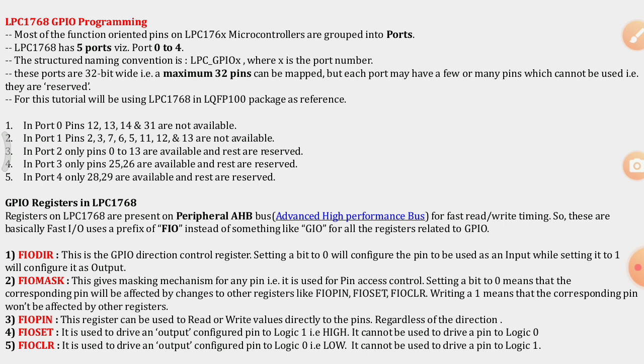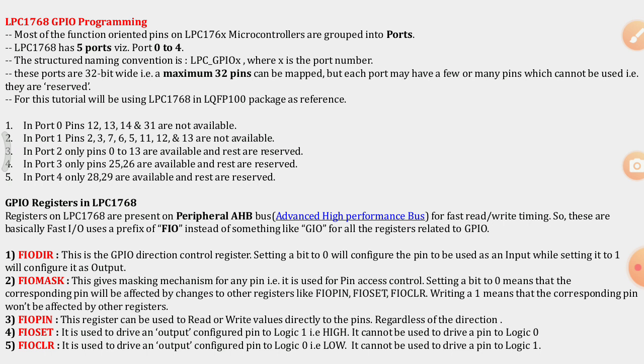In port 1, pins 2, 3, 5, 6, 7, 11, 12 and 13 are not available. These are also used for some other functions. In port 2, only pins 0 to 13 are available, a total of 14 pins, and the rest are reserved. In port 3, only pins 25 and 26 are available. Only 2 pins are available from port 3. In port 4, only pins 28 and 29 are available, and the rest are reserved.